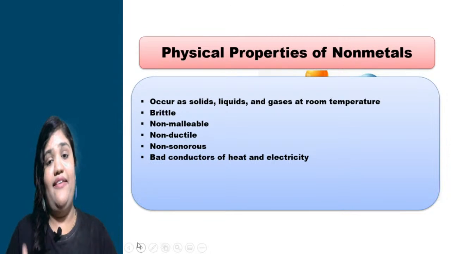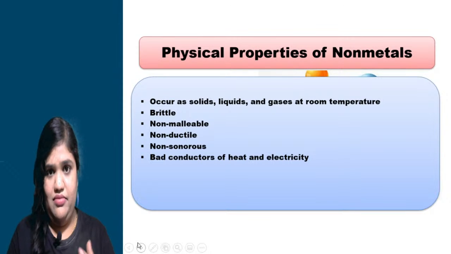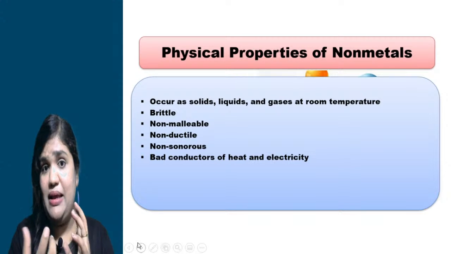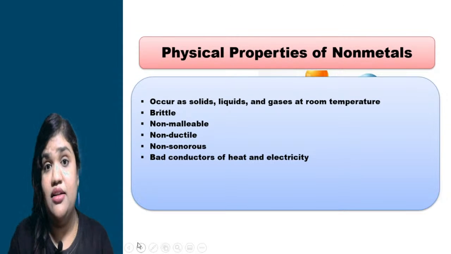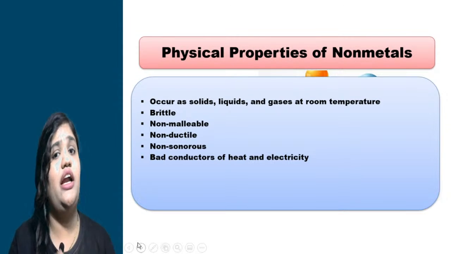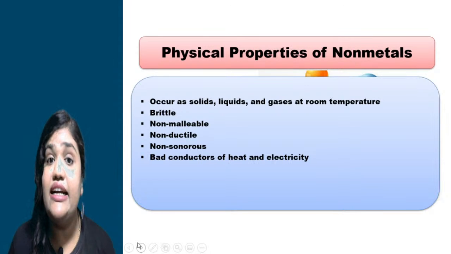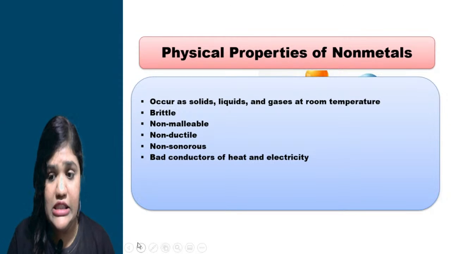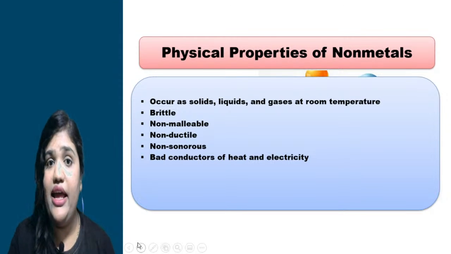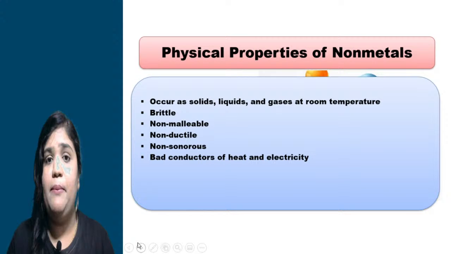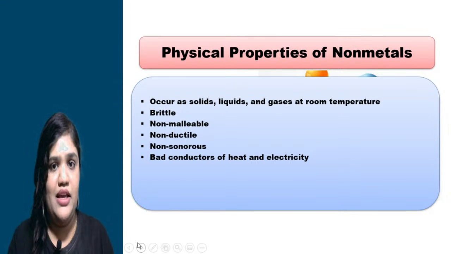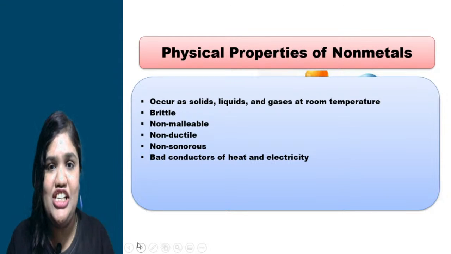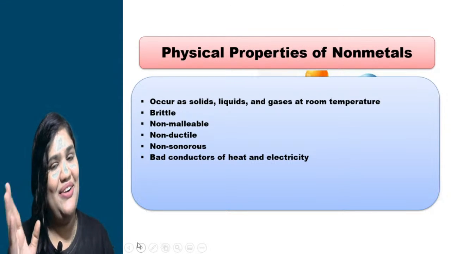So what we have discussed till now is what metals are, the basic information regarding metals, and the basic information regarding non-metals. We have studied the physical properties of metals and non-metals. Student, one question will be asked in your exam like differentiate between metals and non-metals. Now I have given you one hint on how you are going to differentiate between metals and non-metals.